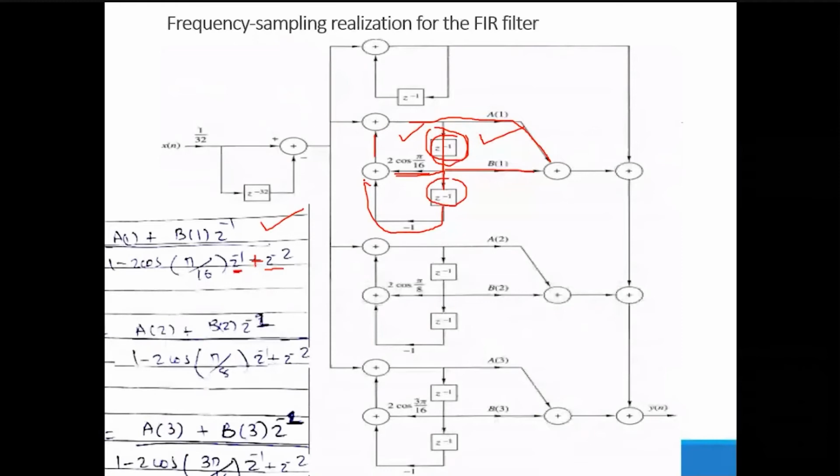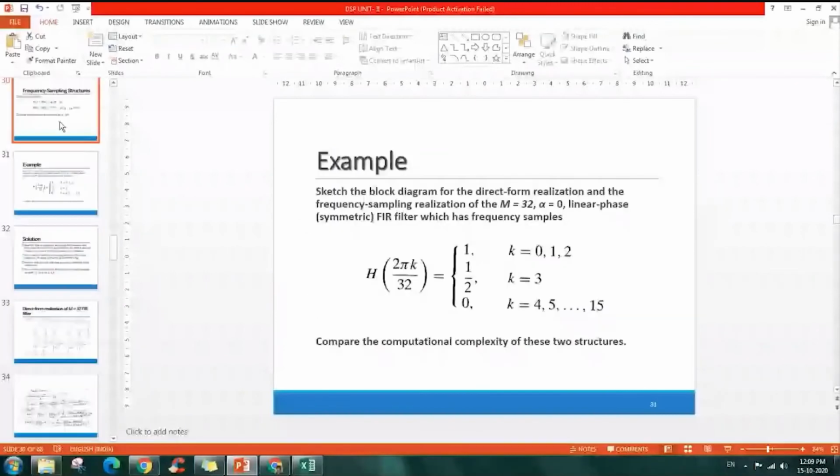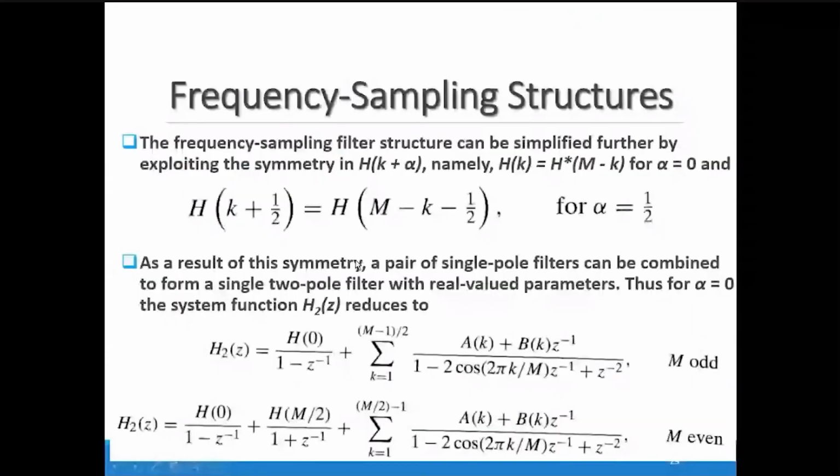And suppose any of you are interested in the derivation, if your query is how we obtain this particular equation: this is nothing but the original equation having complex values. To convert them to real parameters, we apply this equation. The derivation of this expression is not part of your syllabus. That's why I directly gave this equation of H of z, for m equal to odd value and m equal to even value. If you are interested, you can go to Oppenheim and Schafer, where the things are discussed in much detail, how we derive this.